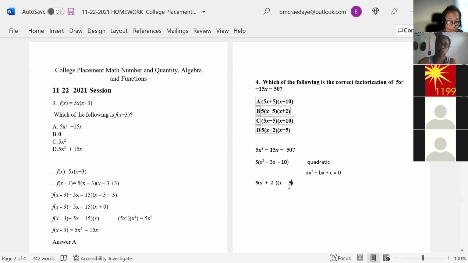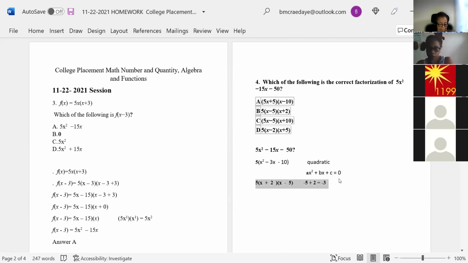Maureen is correct. It's a minus 5. Because a minus 5 times a plus 2 gives you a minus 10. And if you add a minus 5 and a plus 2, you get a minus 3. Because when the signs are different, you subtract. So if you had a minus 5 and a plus 2, that would be equal to a minus 3, which is what we need, right?